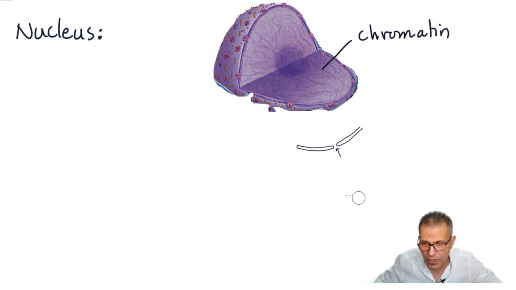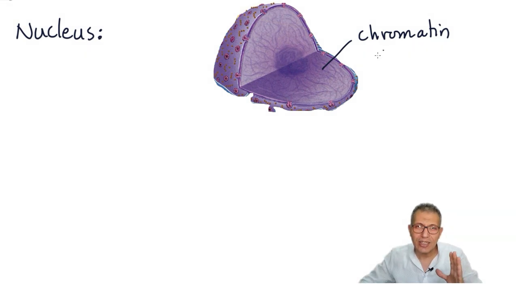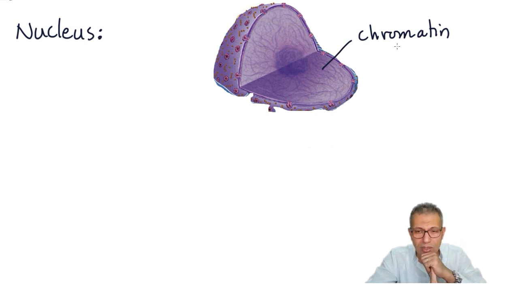Let's remove this figure first. You should understand that this chromatin is exactly similar to something called chromatid or chromosome. So chromatin, chromatid, chromosome, all of them are called the genetic material, but according to the timing inside the cell, it takes three different shapes: chromatin, chromatid, and chromosome. Let's see together what is the difference between them. During the time of rest,